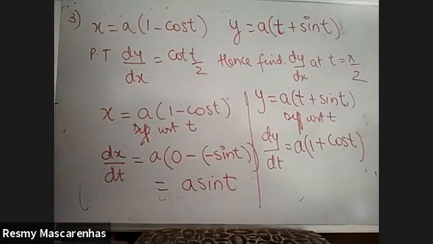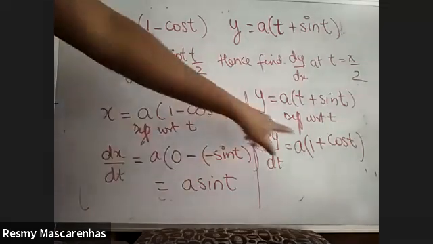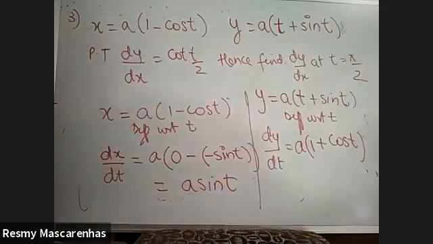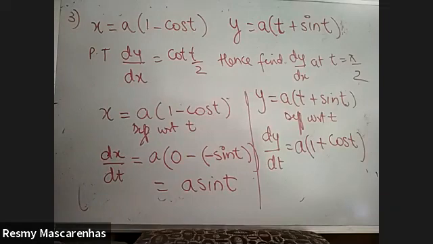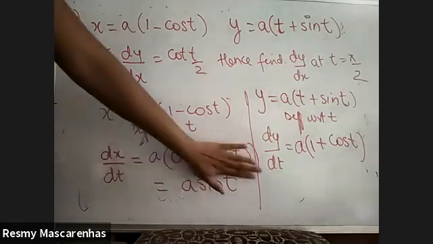So now write what is dy by dx. Dy by dx is nothing but this answer upon this. A and A will cancel. So use that formula. Simplification you all have done in that inverse trigonometry also. What is 1 plus cos theta? You have to use it as 2 cos square theta by 2. And sin theta you can use it as 2 sin theta by 2 cos theta by 2. And then cancel. Till here if I have understood, then good enough.